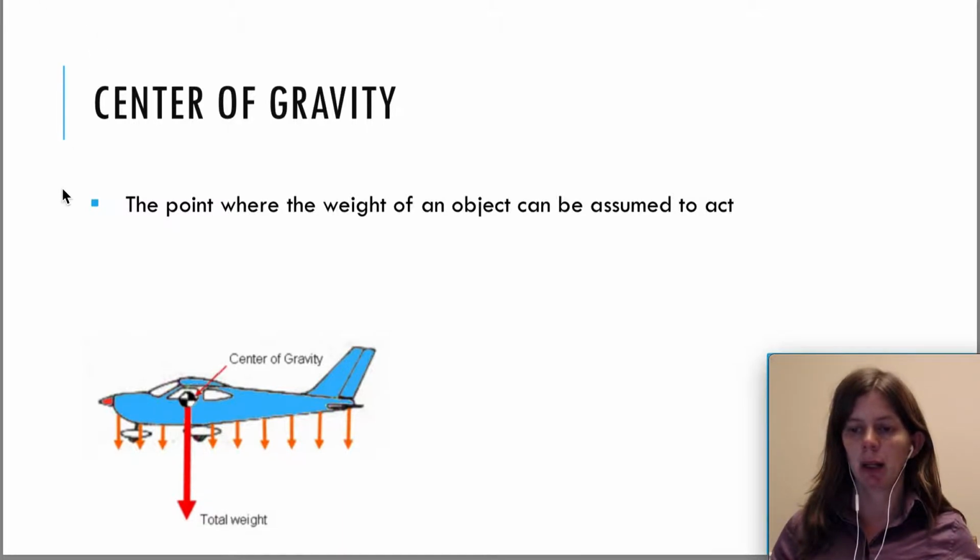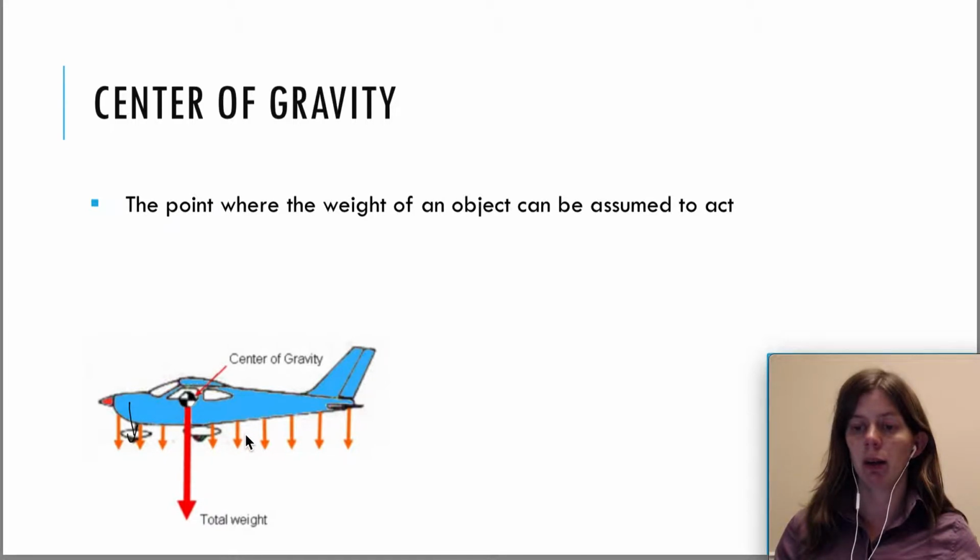There's an airplane, and you can see all these arrows here represent the weight of the plane acting downward. The weight of the plane in reality acts everywhere, right? There's mass everywhere on this plane. Well, everywhere there's mass, there's weight. But when you draw a free body diagram for this plane, you don't want to draw a million different arrows, right? So what you can do is draw one arrow here that has the same effect as all